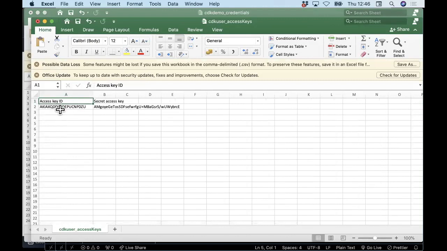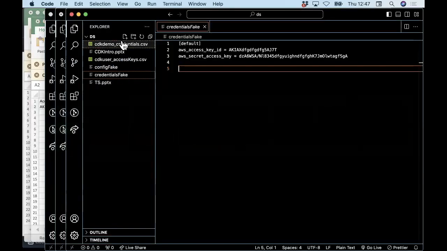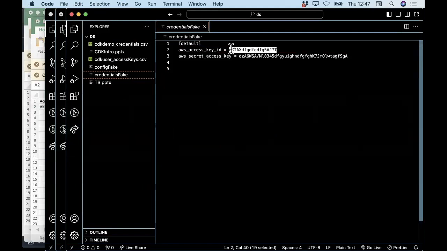So here's the access key. And here's the secret key. So you take those two values and you paste them in here and here. Now,